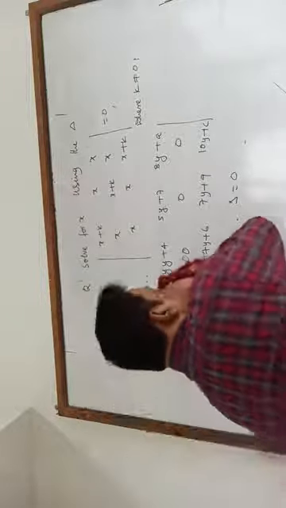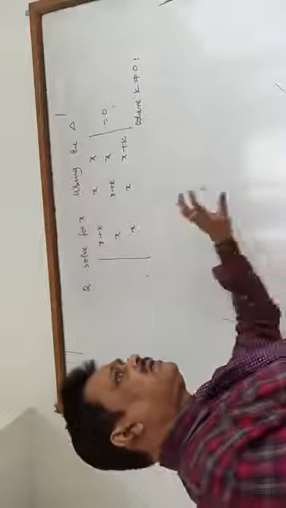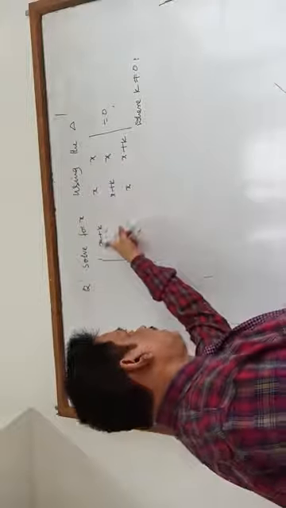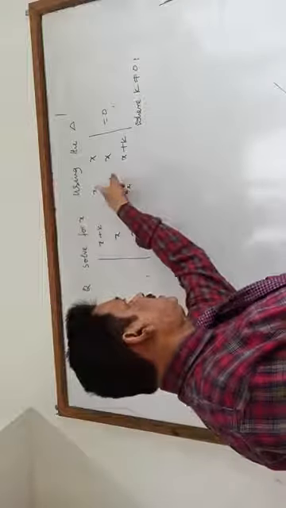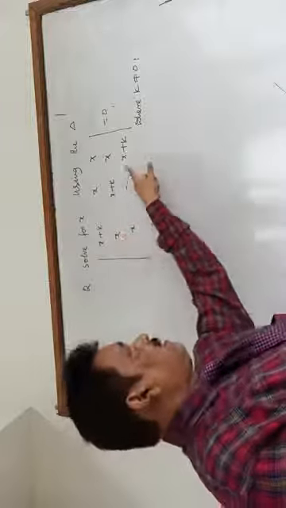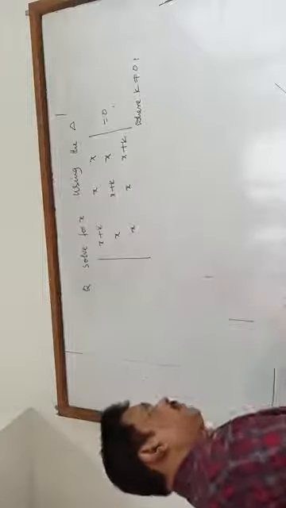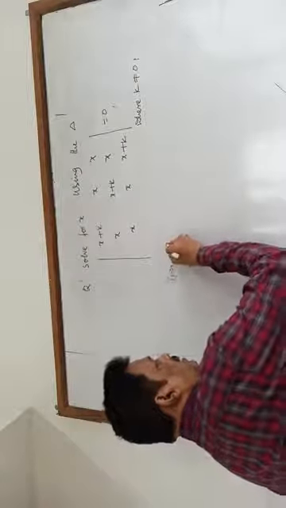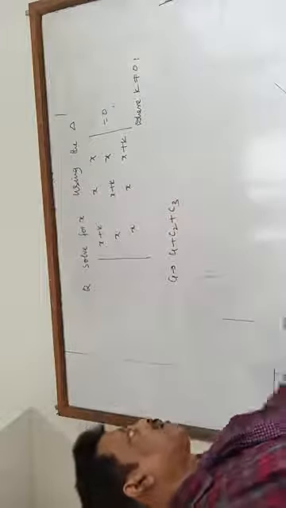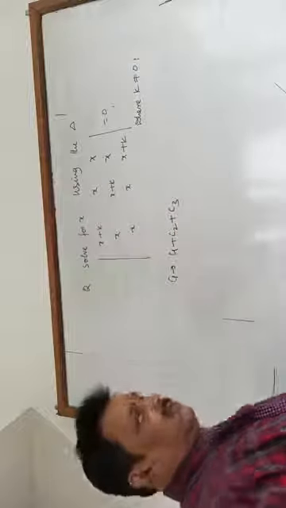So you have to use the properties of determinants. Look at a common thing you find here. If I add all these three, it will be 3x plus k. Again if you add here, 3x plus k. Again you add here, 3x plus k. That means you are applying C1 goes to C1 plus C2 plus C3. Column number 1 will change.